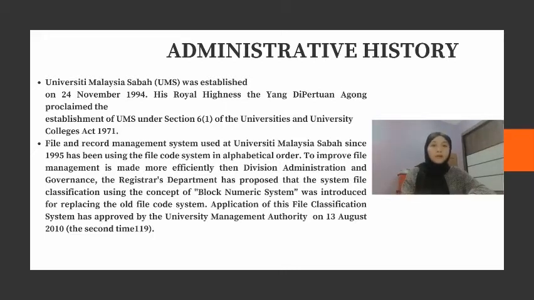The file and record management system used in Universiti Malaysia Sabah since 1995 has been using the file code system in alphabetical order.